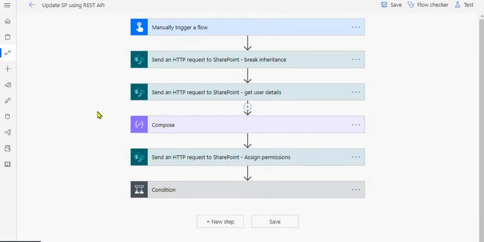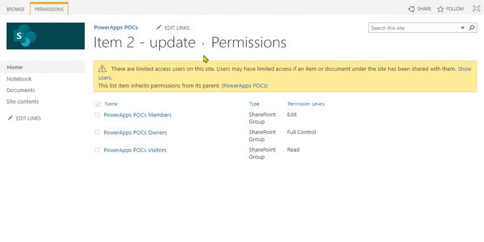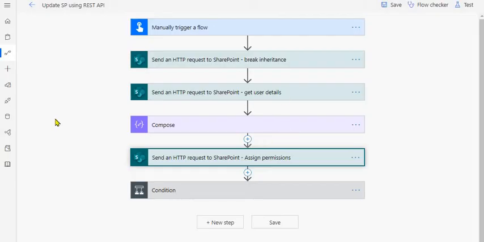Before running this flow, I'll just show you the permission of my list item. So this is my item, item 2 update is my item in the list, and it is inheriting the permission from the list level. Now we'll be running the flow, and it should break the inheritance and give the new permissions. So let me just switch back to the flow.